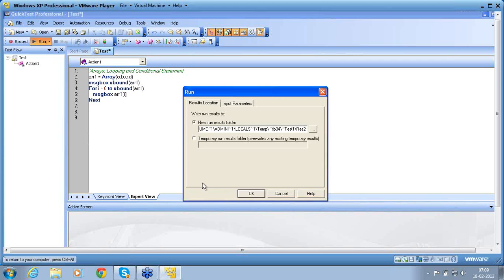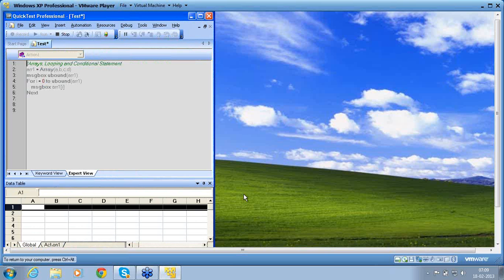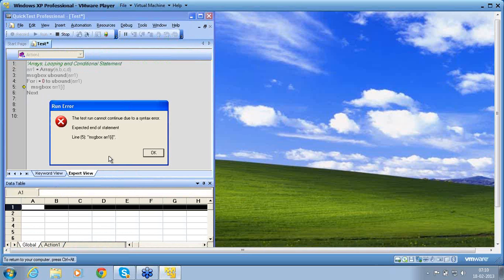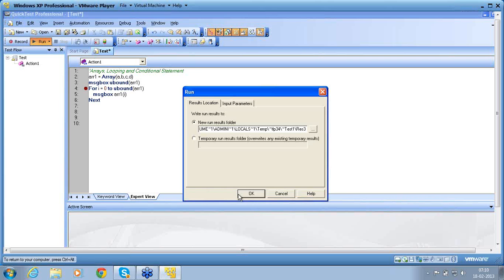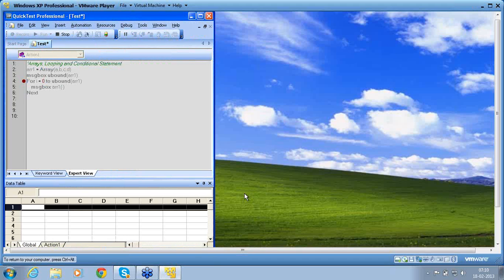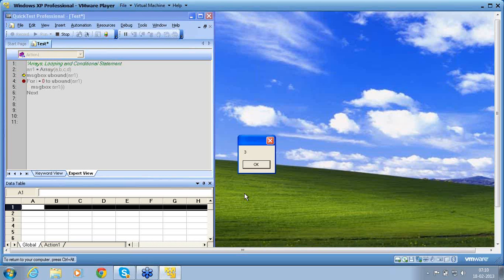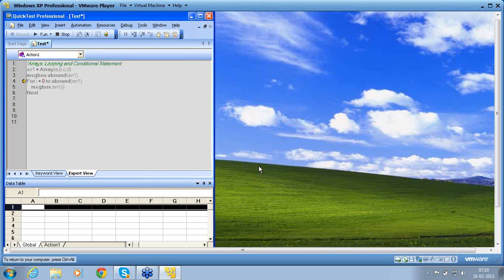So I run this. This is where the debugging will help you. So there is a mistake here. So I'll use the debugger to understand what exactly the syntax issue is. The debugger is a very useful command. Let us understand what is I and what is the error. This is the way you have to use the debugger as well. So I am starting the run. Array is declared, message box 3, that's okay.